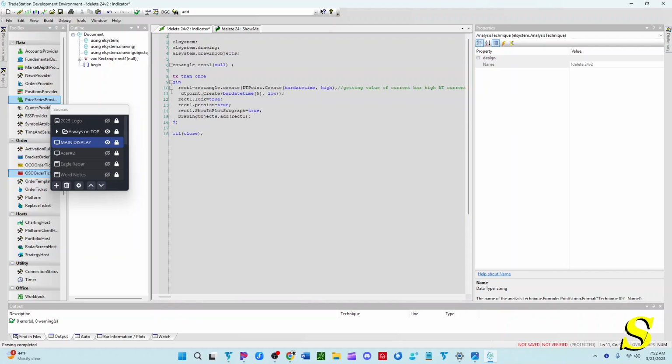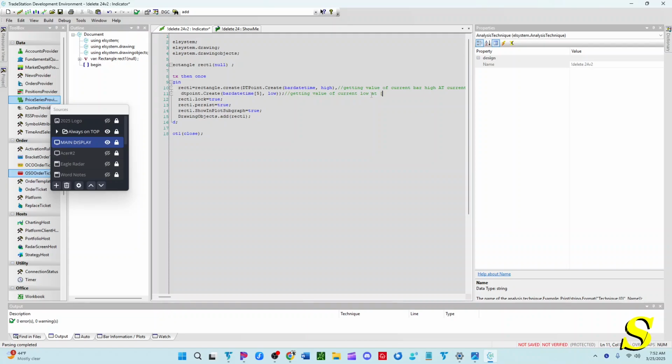Okay, and now for this other point, the way that we have it worded here, we are getting value of current low, right? Because we're not referencing any bars back. The current low at